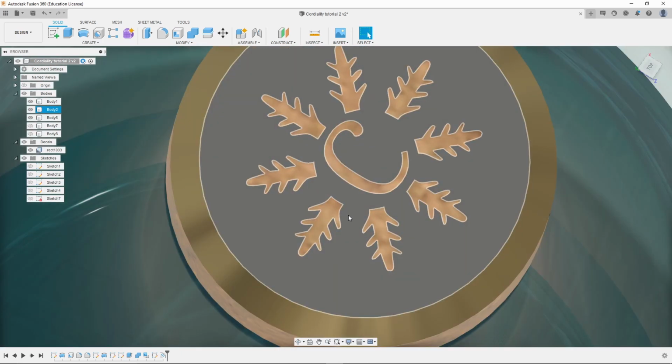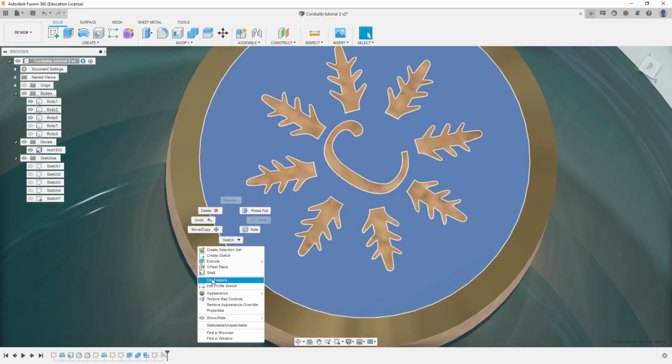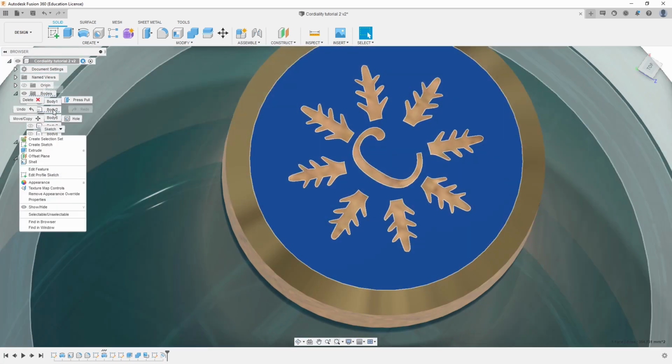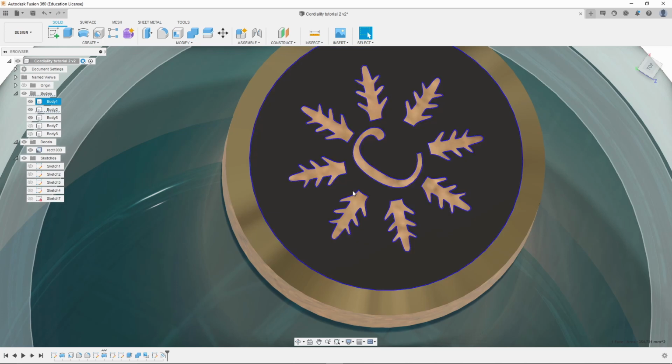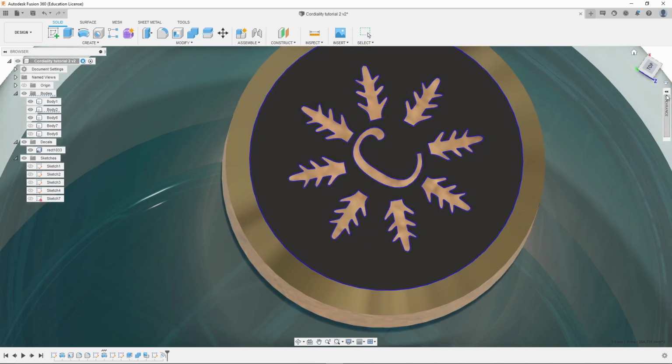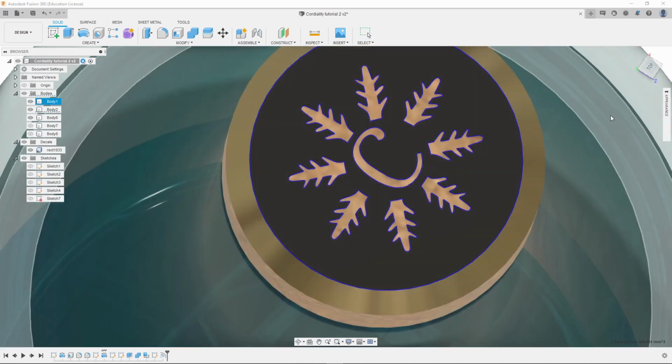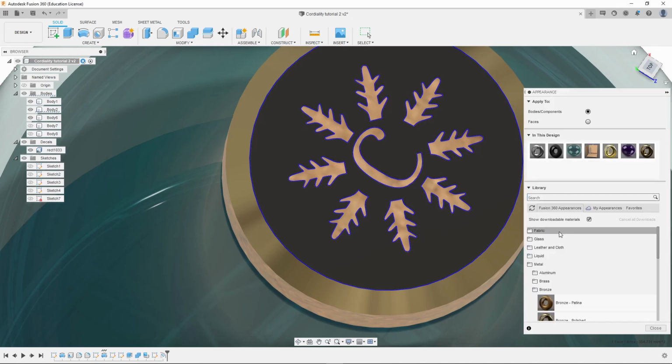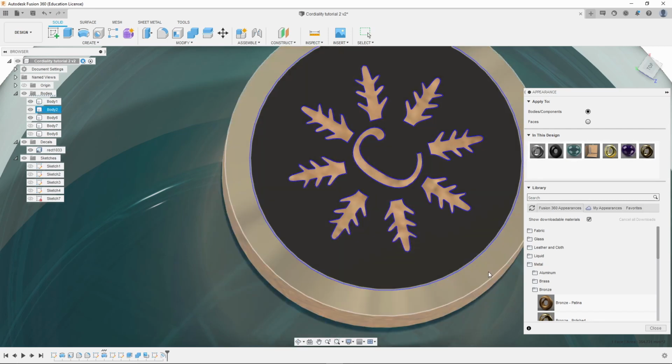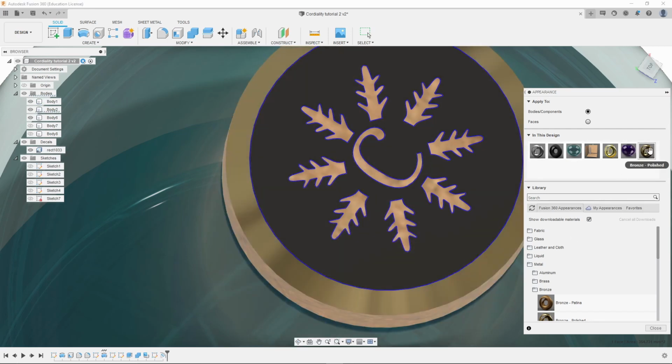Now what you can do at this stage as well is I can right-click on this and go to Appearance, or I can find the body under here. Which body was it? Was it Body 2, I think? So I can right-click on Body 2 and go Appearance. And this will bring my Appearance toolbar up again, like we had before. And what I can do then is I can see here the different materials I've already got in my design. Well, the one I've got here is the bronze, so I can use that same bronze and drop it into